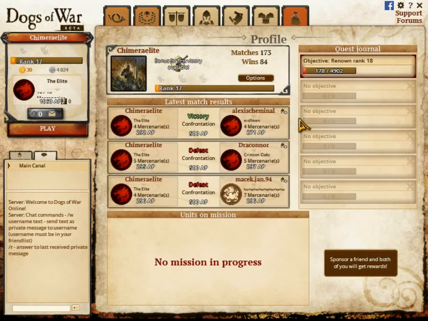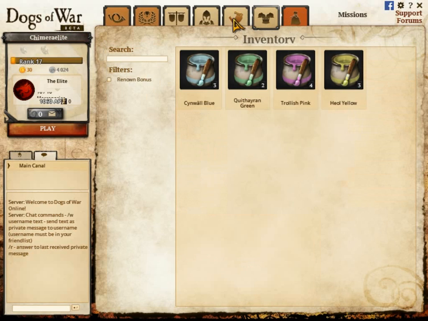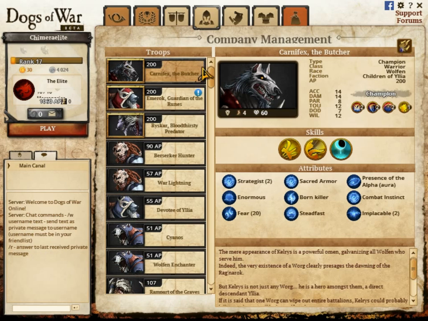But for right now, I'm just going to focus on the heroes. And being a Wolfen player, naturally, I'm going to start out with the Worg. Now, the Worg is kind of an interesting hero in that he's not like Ryscar. He's not mobile at all. He's not really